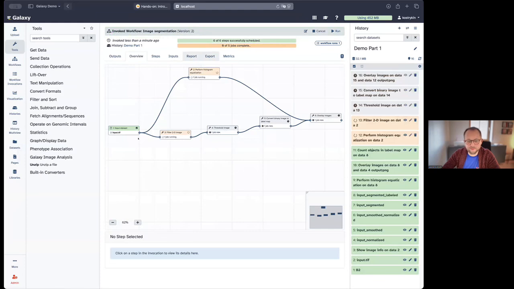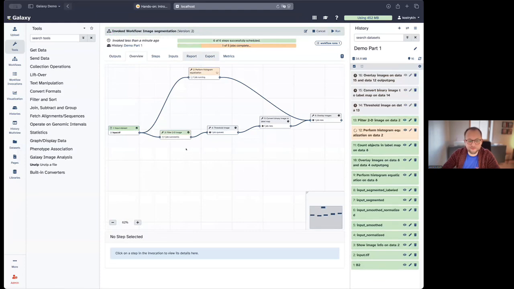And then you can see how the steps are being processed one after another. They first turn orange, then they turn green when the computations are finished.